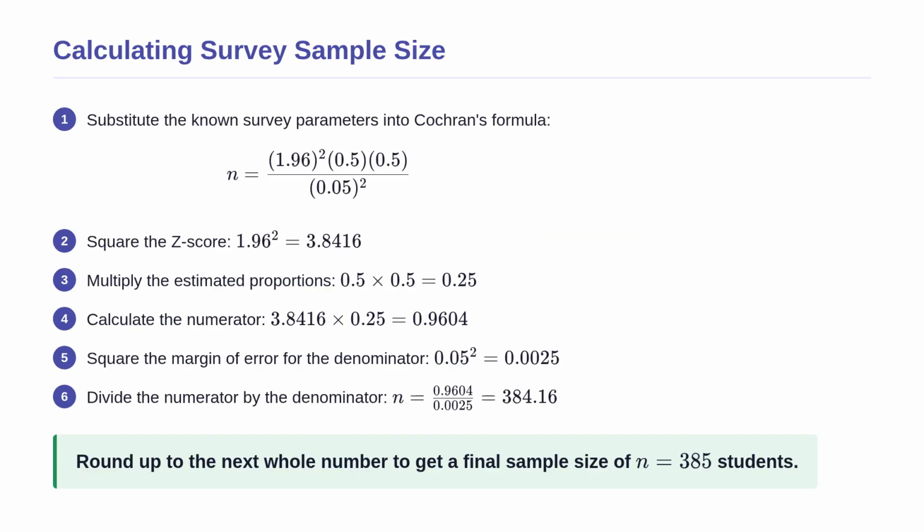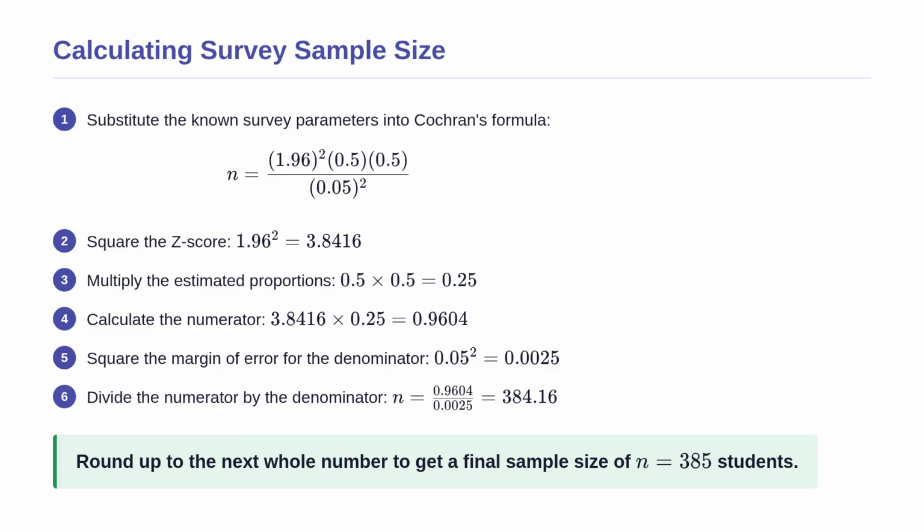With our parameters defined, let us calculate the exact number of students to survey. We start by substituting our known values into Cochrane's formula. First, we square the z-score of 1.96 to get approximately 3.8416. Next, we multiply the proportions, 0.5 times 0.5, yielding 0.25. Multiplying these together gives a numerator of